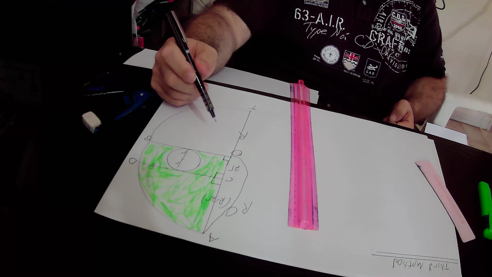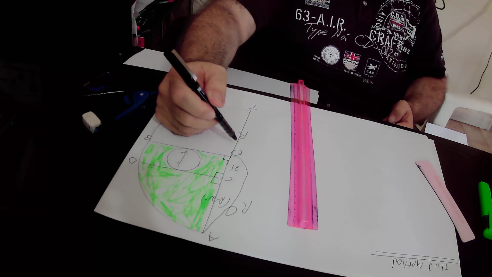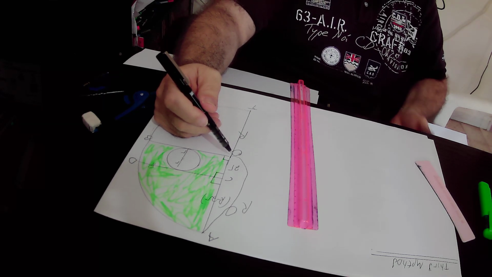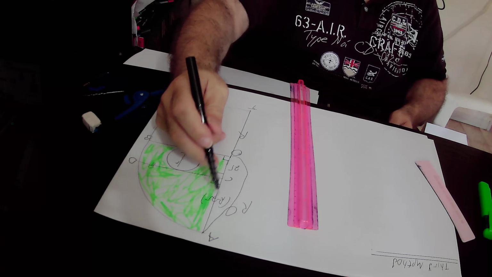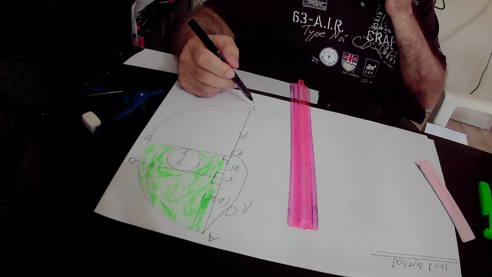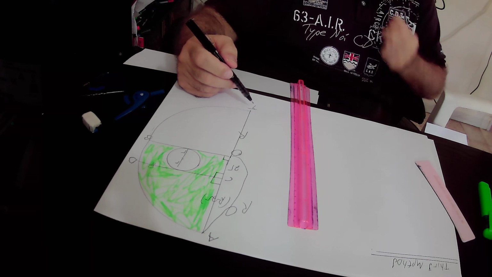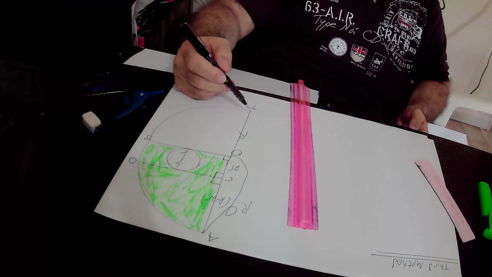We actually extended the radius AO, that is a straight line, by a straight line. When you extend a straight line by a straight line, the result must be a straight line. Therefore, AT is a straight line. And because AT is a straight line,